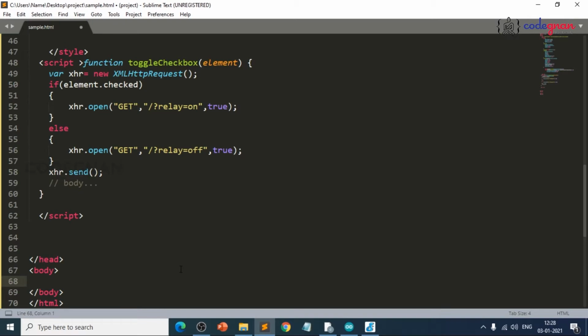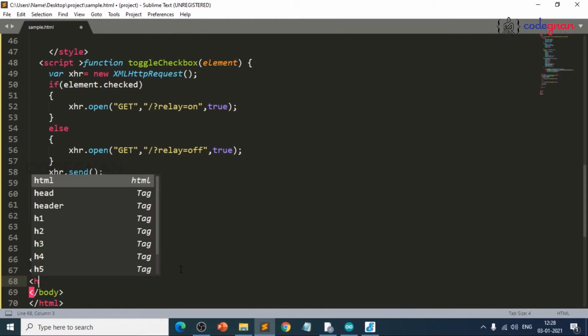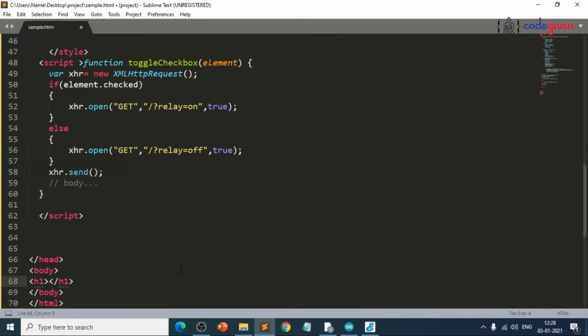So here, the h1 tag. Whatever you write in this, it will simply be present there.